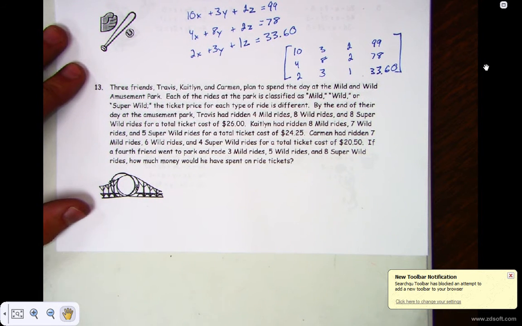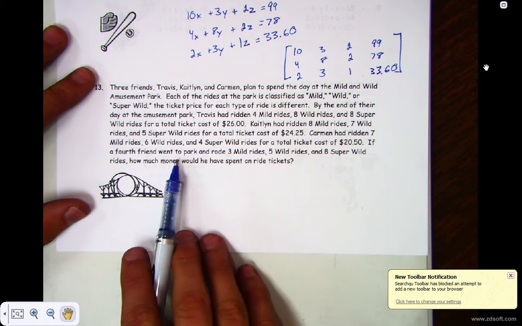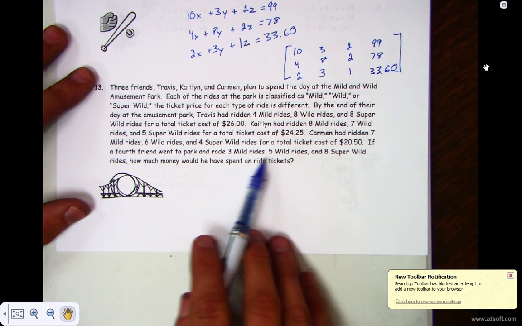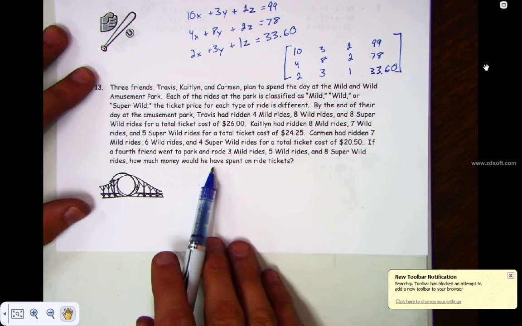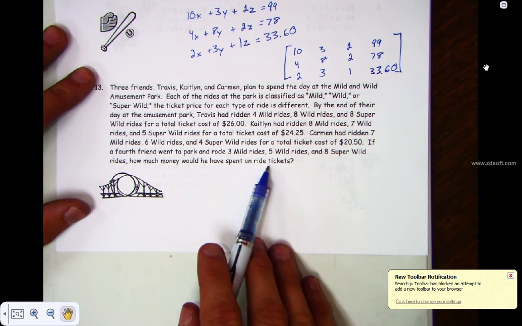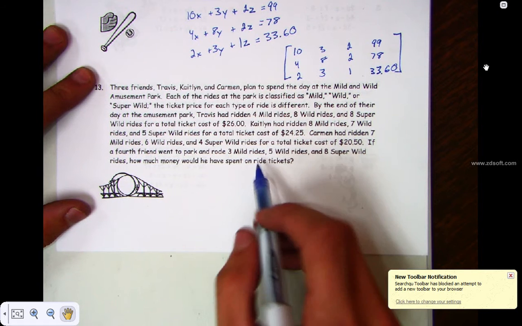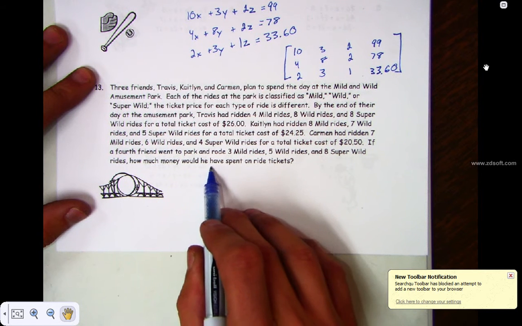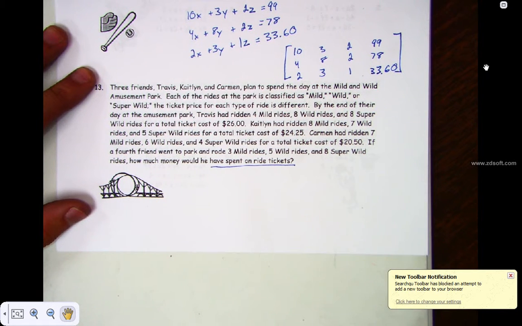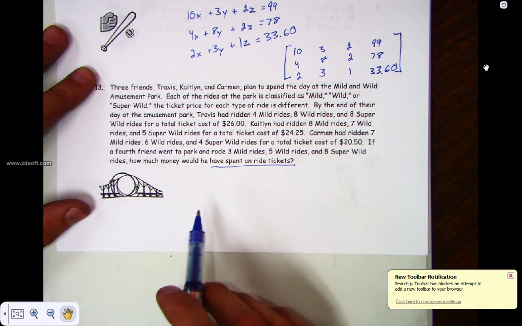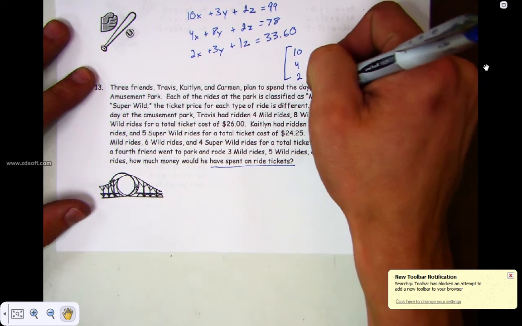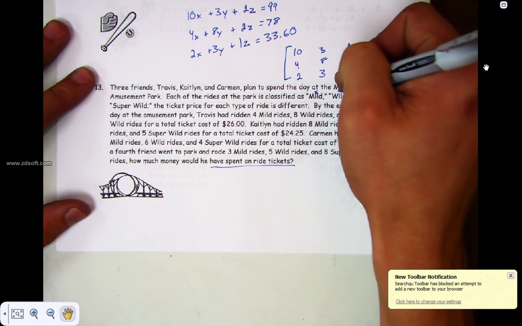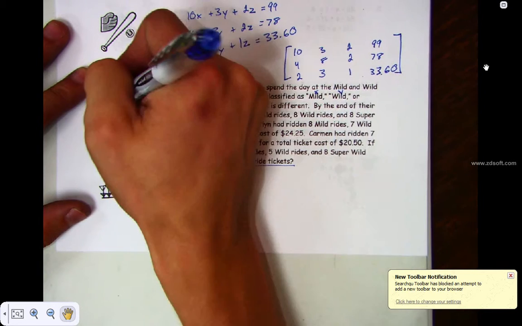So the question is, if a fourth friend went to the park and rode 3 mild rides, 5 wild rides, and 8 super rides, how much money would he have spent on ride tickets? So pretty much, again, in the question, we're trying to find out how much those ride tickets are costing. Now, that's a little bit of a different question, but you can still see where the variables are going to be in this question. So we're going to have, let's do x again for mild, y for wild, and z